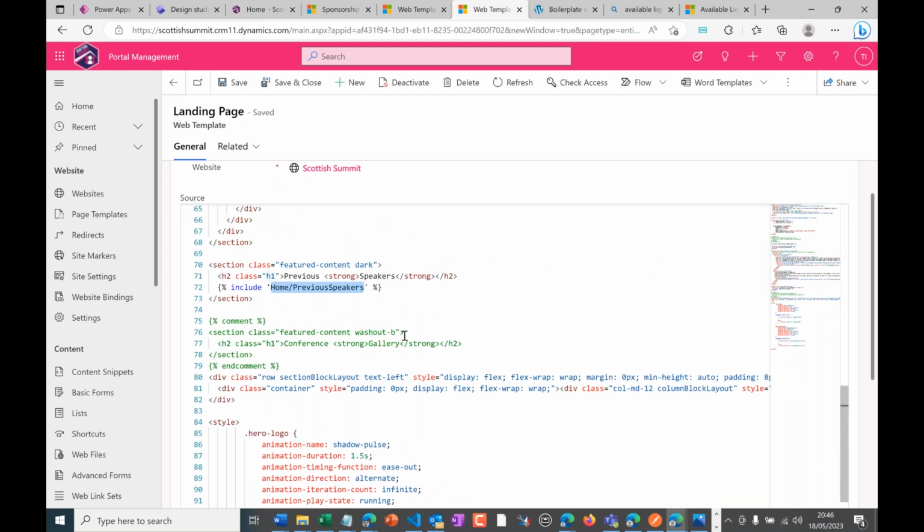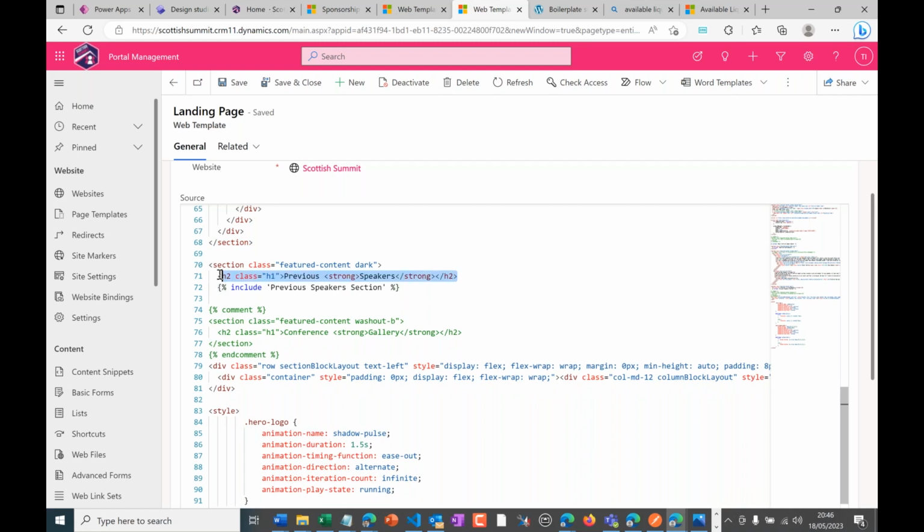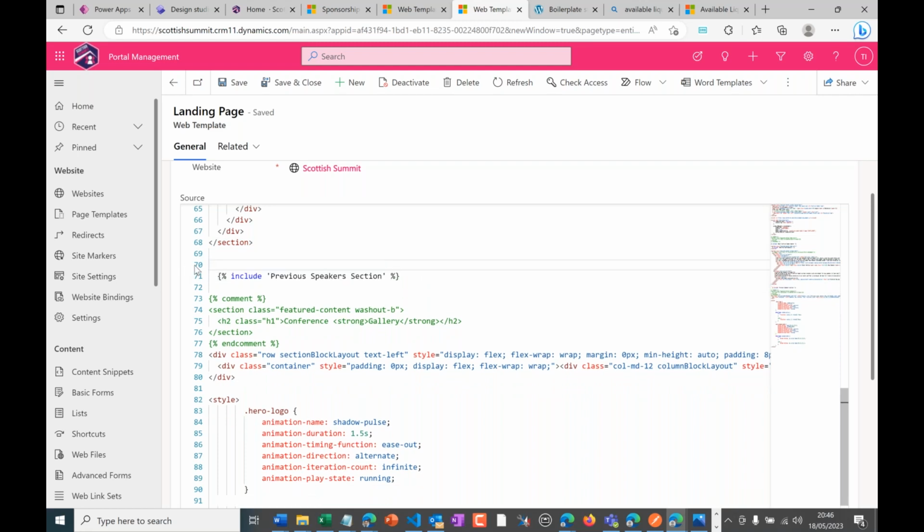So I'm going to replace that existing include with my newly created one. That was the one that had the hard-coded speakers in, and in fact shouldn't need any of this now. I've included that in the web template. So you see, it's as simple as that to